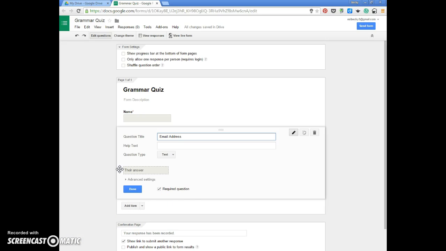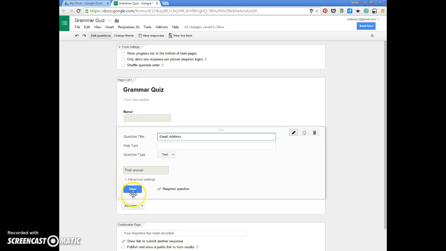Now we're ready to start creating our quiz questions. Multiple choice questions work best, because all of the questions are graded against an answer key. So if you select open-ended questions, there can only be one right answer. And so your students will need to make sure that their spelling, capitalization, and punctuation match the answer key. Otherwise, the question will be marked wrong. Even if there's one letter out of place and it doesn't match the answer on the answer key, it will